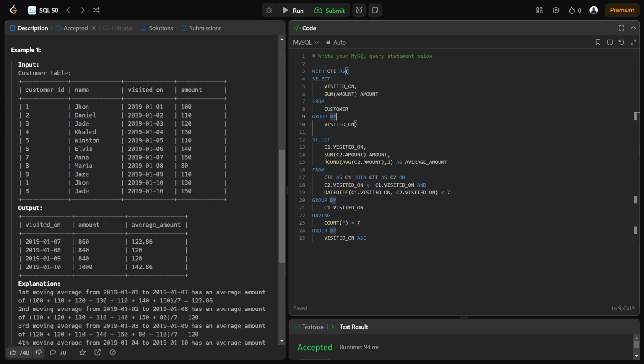Now from using this table, I'm selecting the visited on column, which is this one, the amount, which is nothing but the sum, and the third is the average column. And how I'm calculating the average? I'm using the round function, average of the C2 amount, which is this column, with 2 decimal places, and I'm naming it as average amount. From this, I'm joining the same table, which is the CTE, naming it as C1, and again the CTE, naming it as C2, on